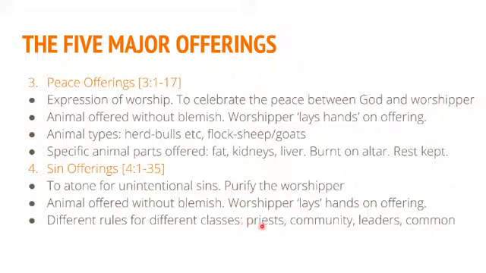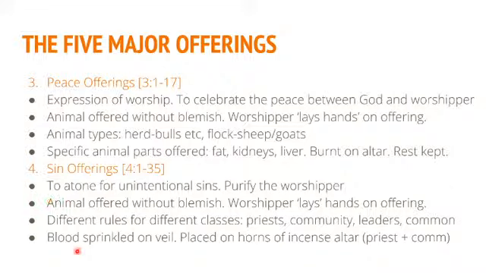All right, so the blood sprinkled on the veil, that is the blood of these animals that were offered in the sin offering. The blood was sprinkled on the veil in the tabernacle, right? They sprinkled some of the blood on the veil. Obviously, remember, God was behind that veil in the Holy of Holies. And the obvious imagery there is that I am offering this blood here for my sin, to cleanse me. I'm presenting that blood to God. That is the purpose for why it was sprinkled on the veil.